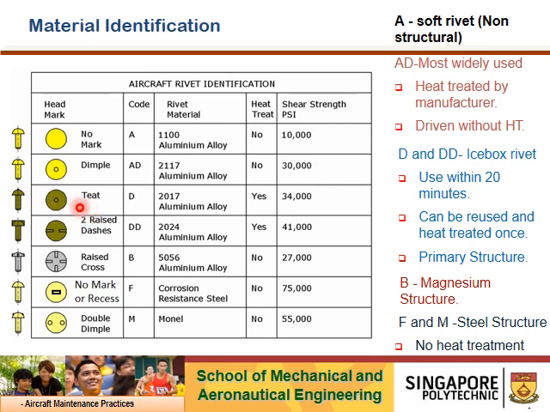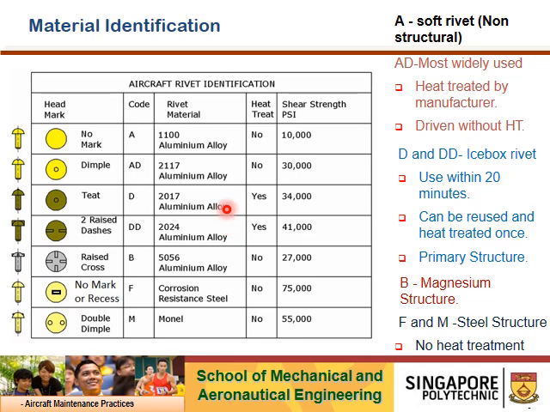To identify a D rivet, there's a raised dot or a tit on the manufacturing head. Double D itself has two raised dashes. Both are actually 2000 series, same thing. The main alloy is copper, but for these two rivets, before you install or carry out riveting, you need to